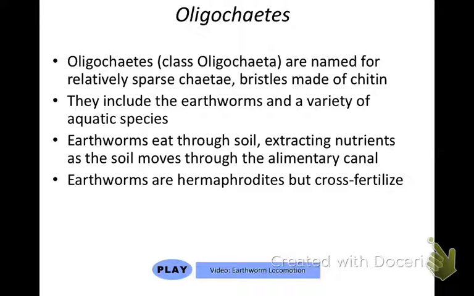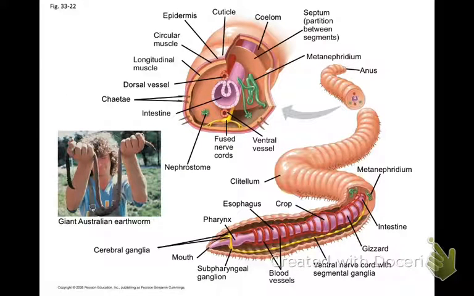This includes earthworms as well as a variety of aquatic species. So earthworms eat soil and extract nutrients from the organic detritus in the soil. Earthworms are hermaphrodites, but they cross-fertilize by shedding eggs and sperm between individuals that they pile up in a mucus-laden